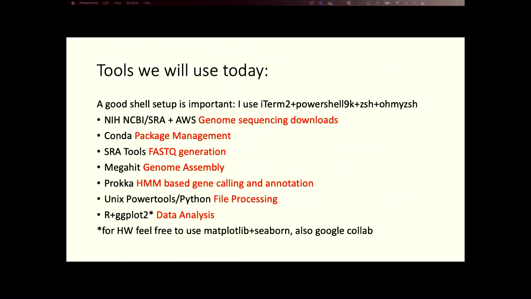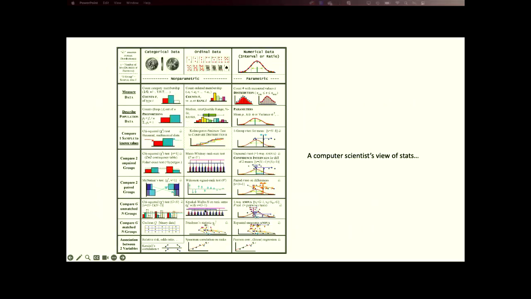Okay, for the second assignment that we'll go over next week, I've made a list of some of the tools we want to talk about. This slide is one of my favorite slides. I give it to all new PhD students in my lab. I call this a computer scientist's view of stats. If we're not doing something advanced like Bayesian-inspired deep learning questions,